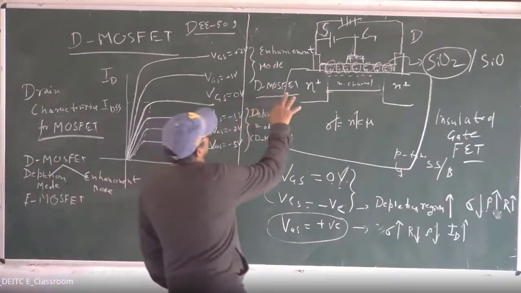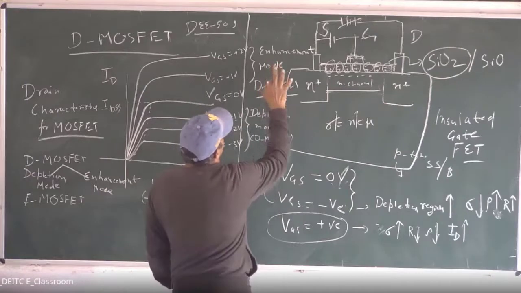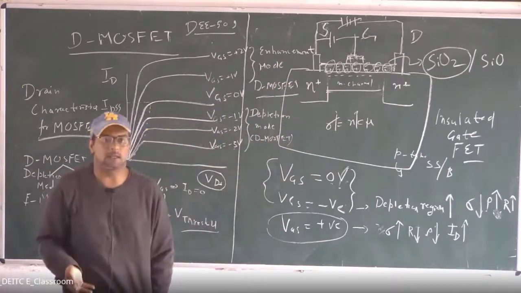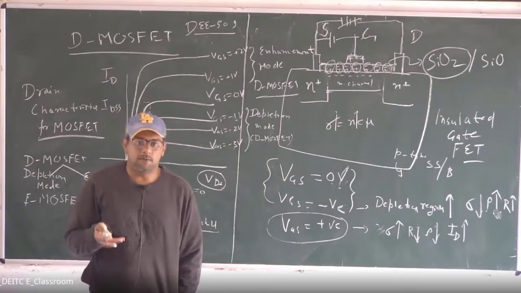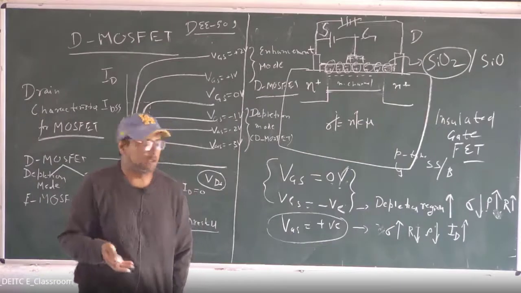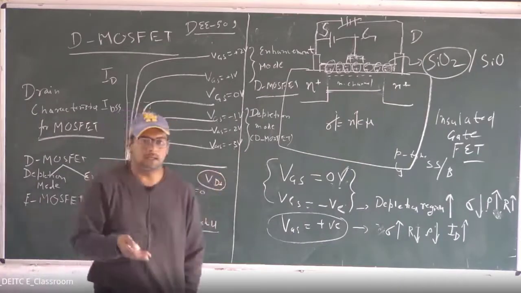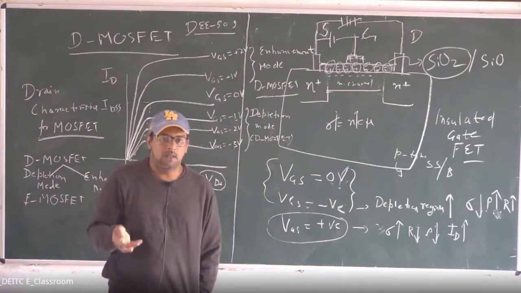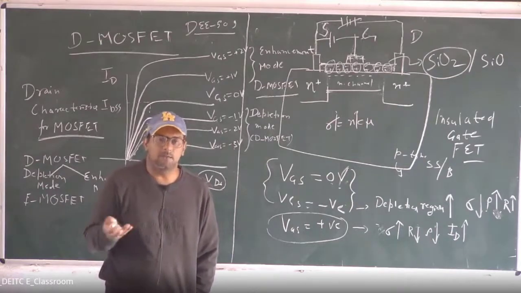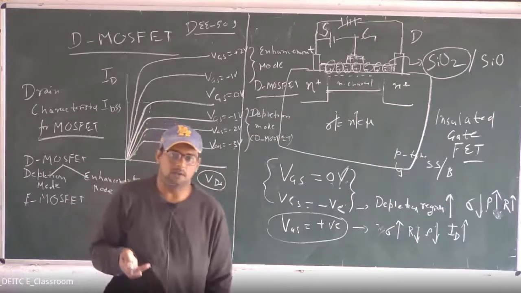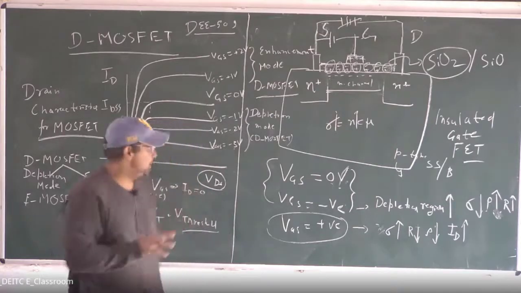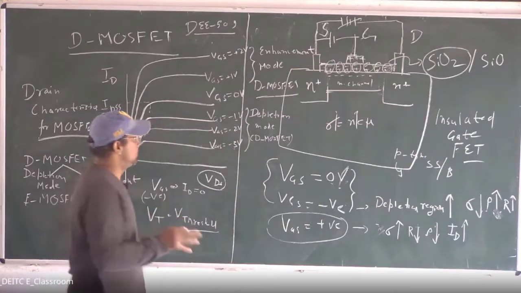So here you can see D-MOSFET. Again, I am telling you this is the depletion mode in which we are decreasing the current. Why are we calling it depletion mode? Because we are increasing the depletion region. In this mode, as we are increasing the voltage, then what is happening? The depletion region is increasing, and if the depletion region is increasing, then conductivity is decreasing, then the resistivity is increasing, then current is decreasing. So here you can understand the proportionalities, what is happening.